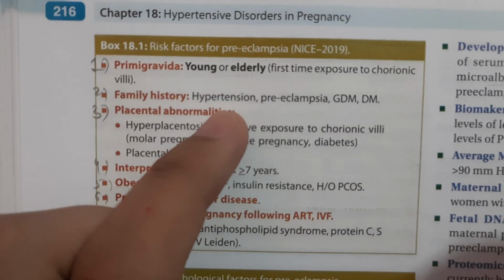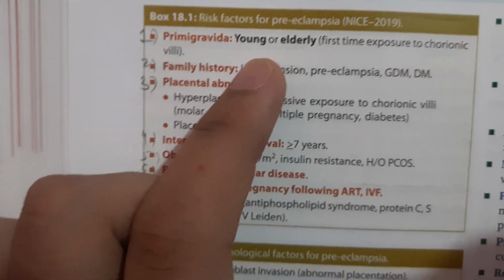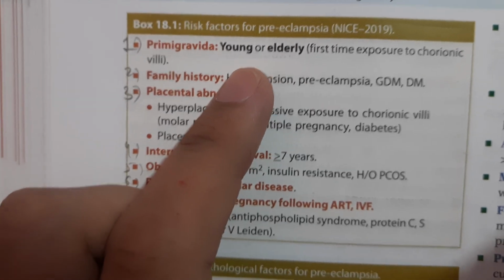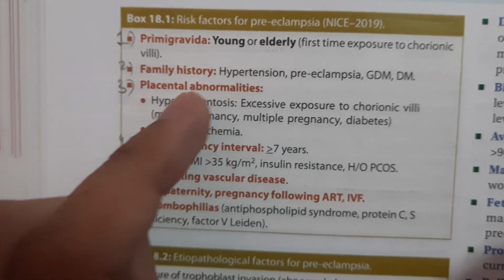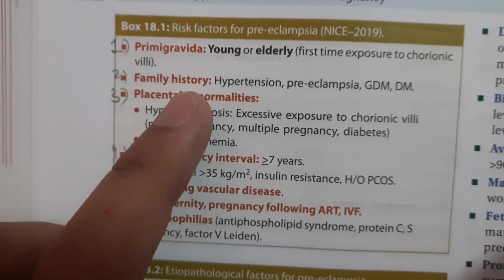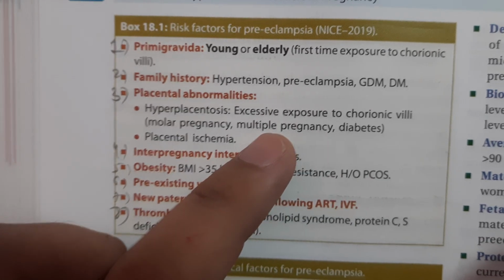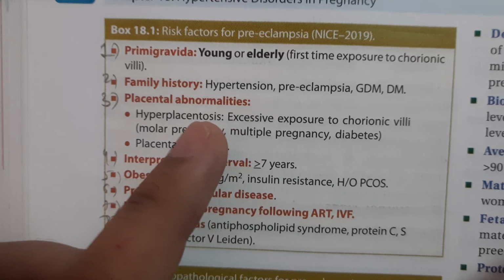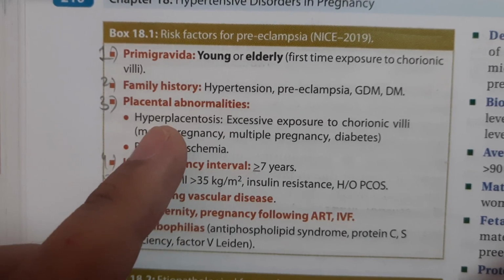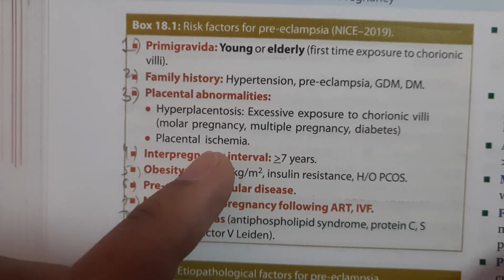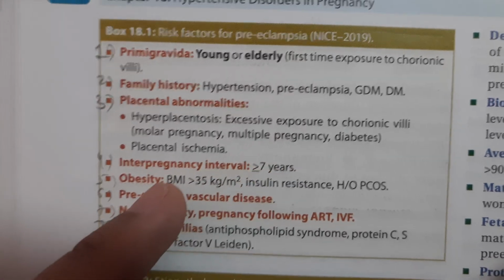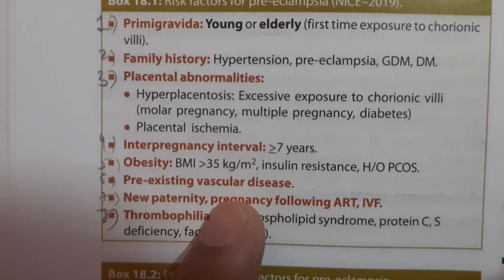The various risk factors for preeclampsia, according to the NICE 2019 guideline, are: primary gravida, young or elderly, first time exposure to chorionic villi, family history of hypertension, preeclampsia, gestational diabetes mellitus or diabetes mellitus. The placental abnormalities like hyperplacentosis, excessive exposure to chorionic villi, molar pregnancy, multiple pregnancy, diabetes, placental ischemia, interpregnancy interval